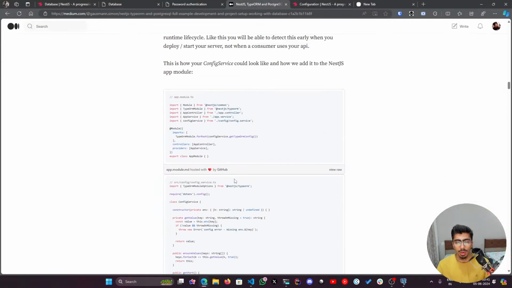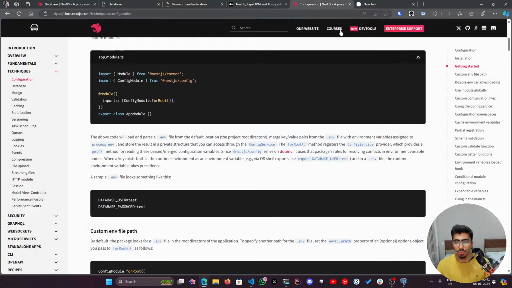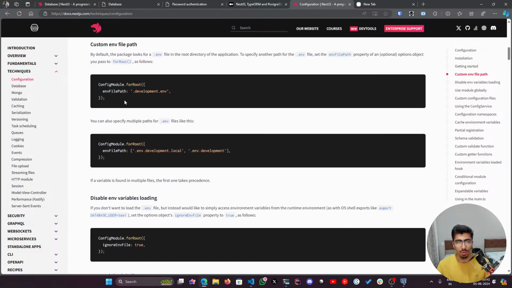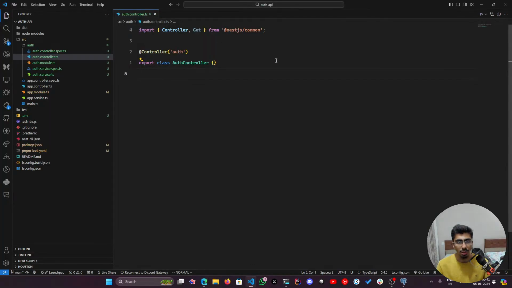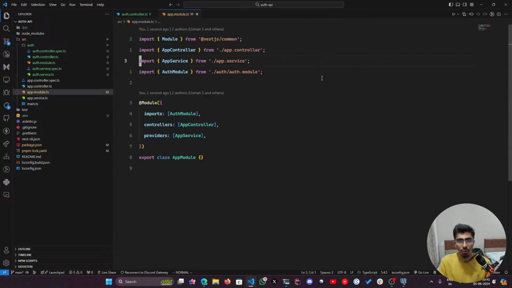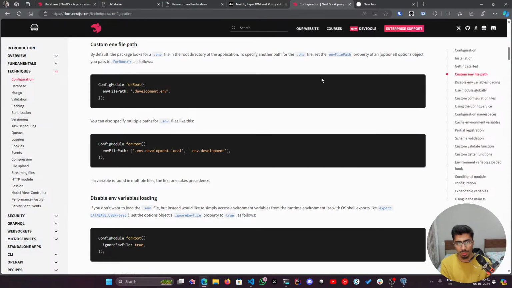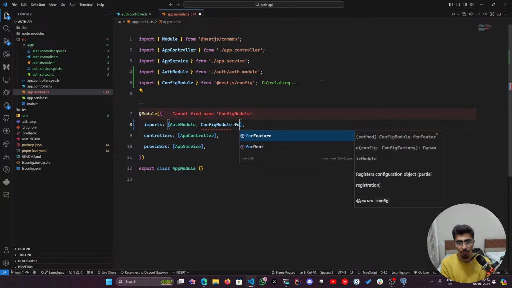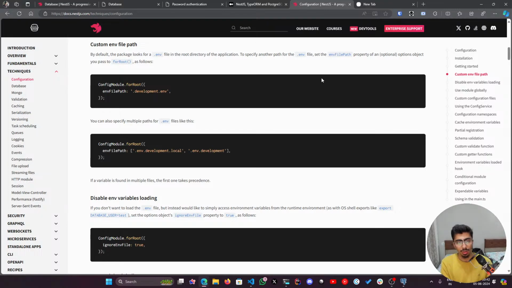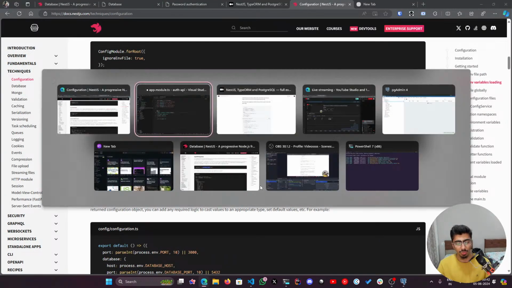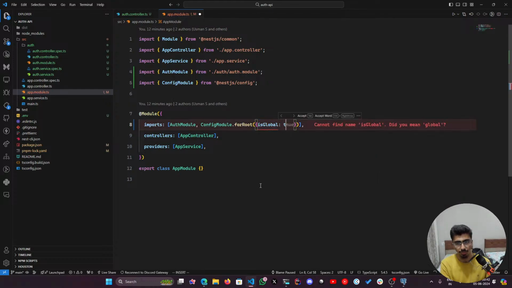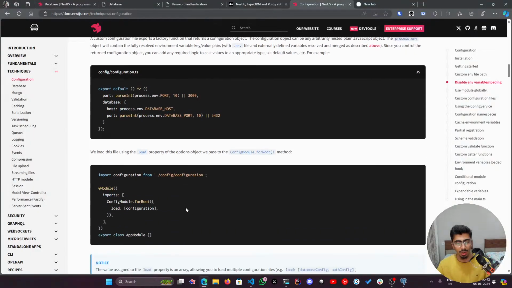So this guide I think might help me. So first I need to, okay, let's just get this up and running. So we got the config. So let's go to app module and in here let's import the config module. ConfigModule.forRoot, and I think that's all you need to do. Oh, we also need to do isGlobal, and then